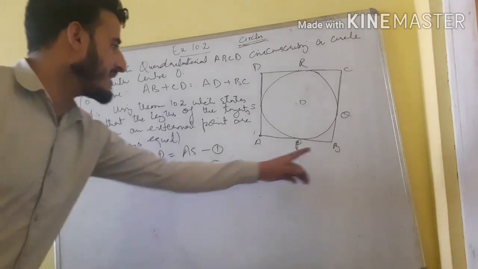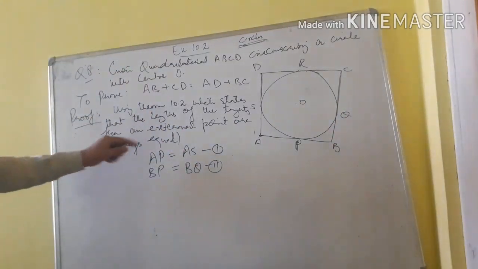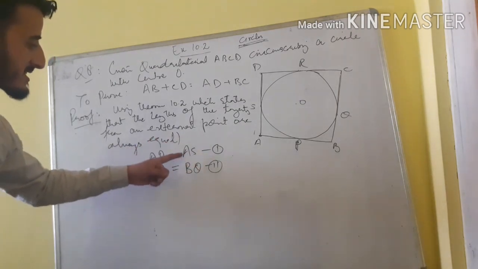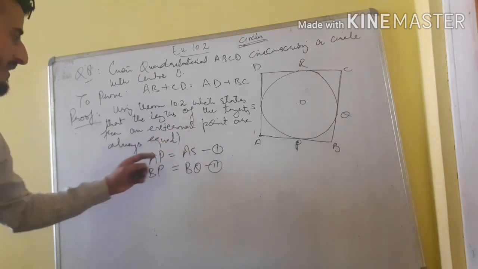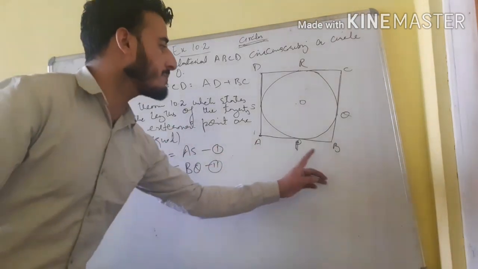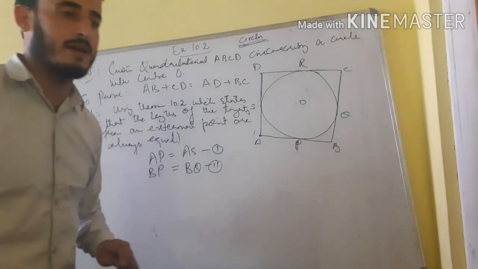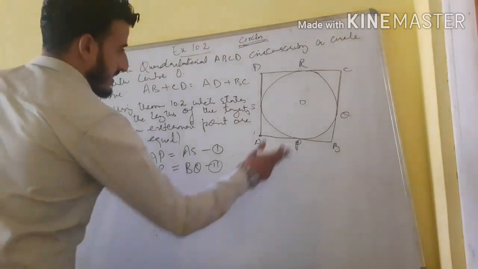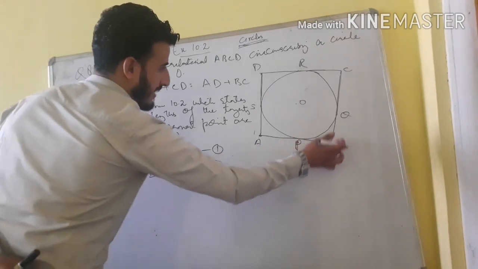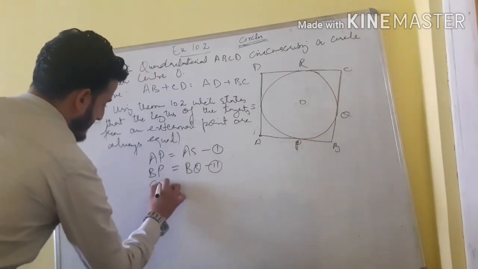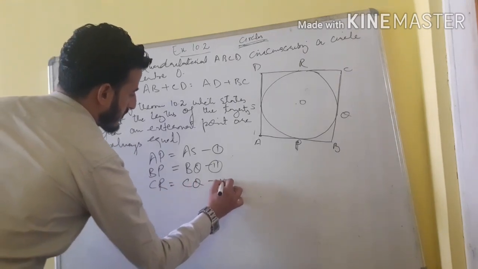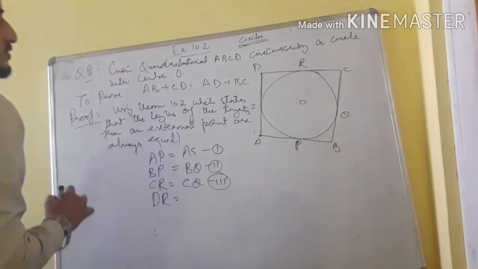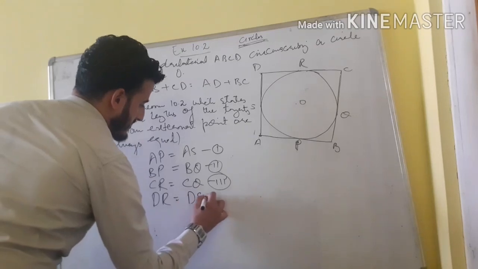Why am I writing BP first here, why not BQ? You should pay attention, when I add these, the LHS part will be added separately and the RHS part separately, so we should get AP plus BP on one side, and AP and BP should be equal. Understand? So I am writing AP is equal to AS, BP is equal to BQ. This is second. Third is CR. Now since BQ is taken in the second, on the RHS, I first take CR. CR will be equal to CQ. Third, for this point C, and for D it is DR is equal to DS. Mark this as fourth.